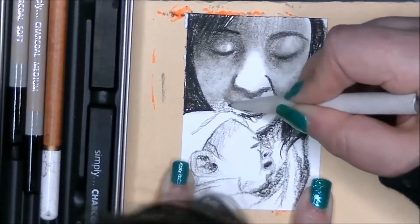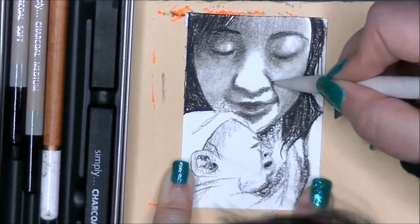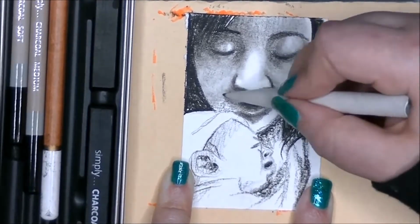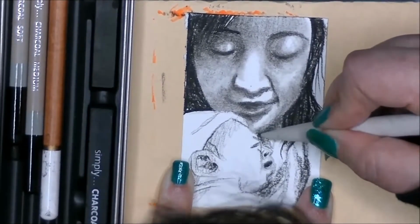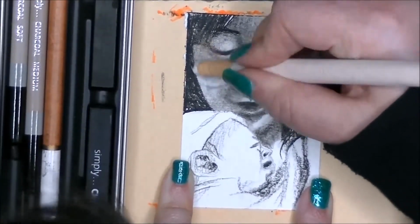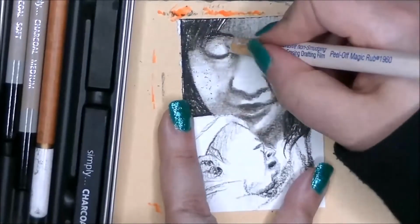But yeah, out of respect, I'm not going to really discuss a whole lot of family issues. I don't want to go into a whole lot of detail out of respect for the privacy of everyone involved. So yeah, it's basic information. This is my sister-in-law and her child. Since I can't really discuss personal things about them or their story,